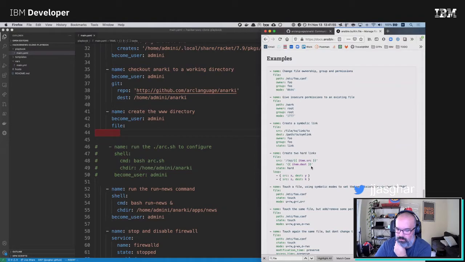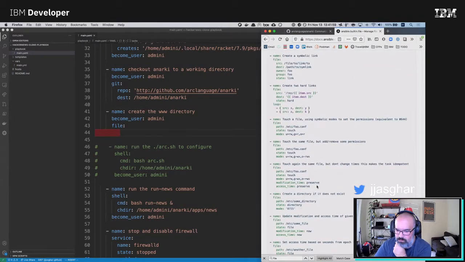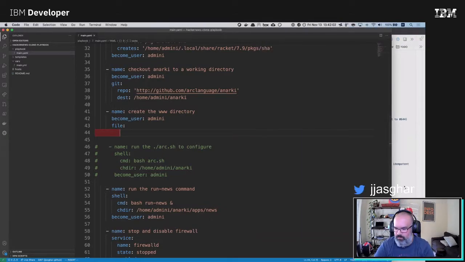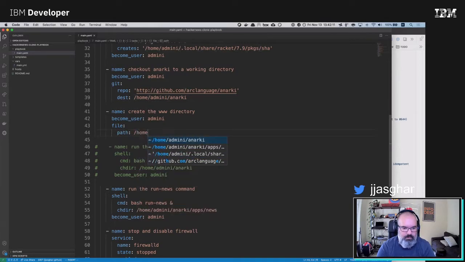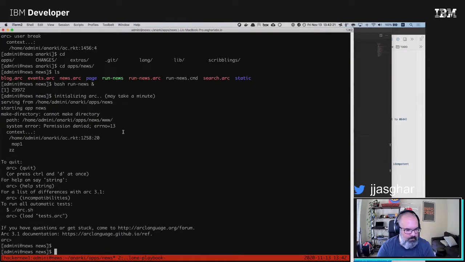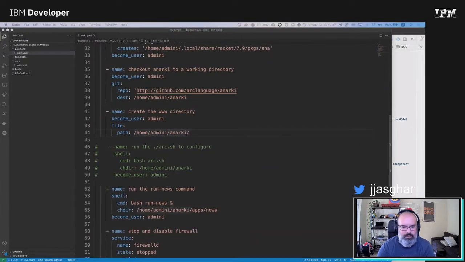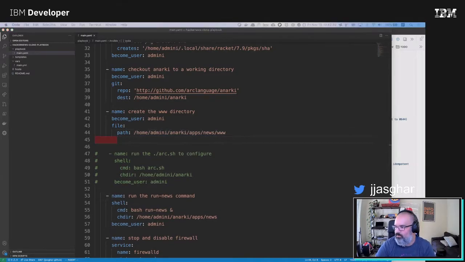So I need to create a directory. Here we go. So that is path, because why not? Path of home admin ARKI apps news www. Let's double check if that's not actually there. It is not. So apps news www, and it is